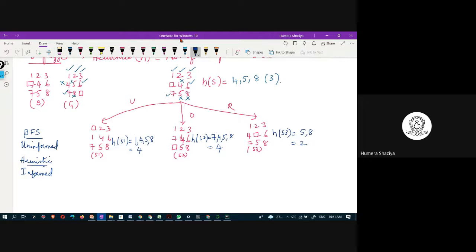Because it is informed search, now we will not explore this route, this route. Why? Because the least value among all the heuristics of these successors is 2, and we know that only 2 tiles are misplaced, therefore it is very